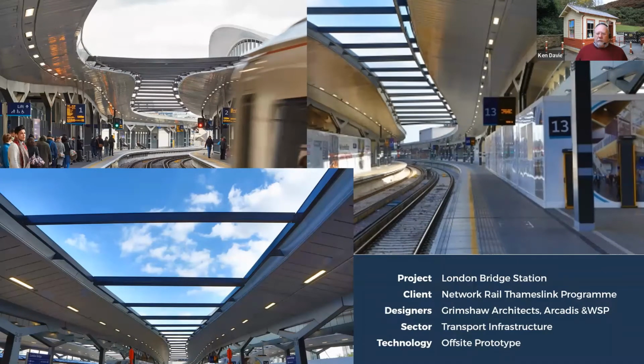54-metre long prototype off-site. So they basically assembled things so that the CCTV cameras, the lights, all the services were pre-manufactured into sub-assemblies. So they assembled the prototype. They then dismantled the prototype, but they didn't actually take it to site. What they actually did is they assembled it again, because they came up with a few glitches when they assembled it the first time. So the second run eliminated all the glitches.